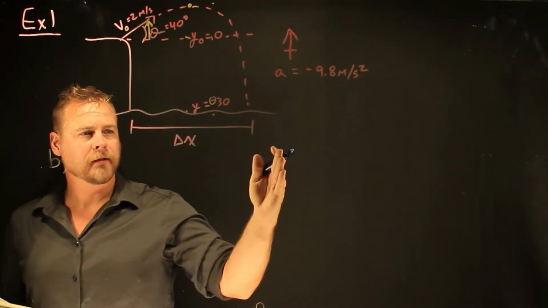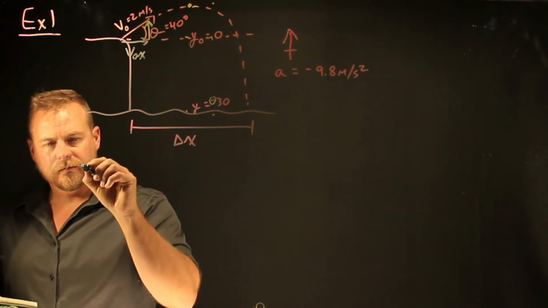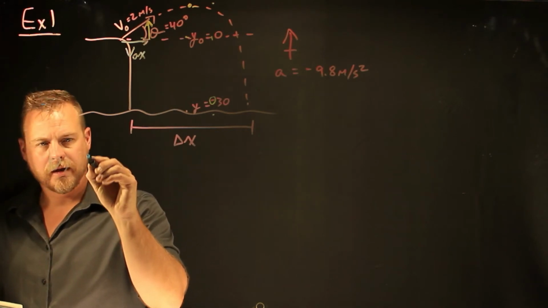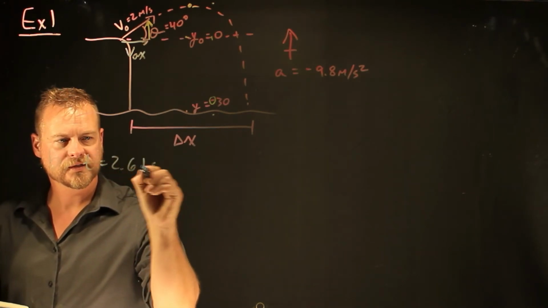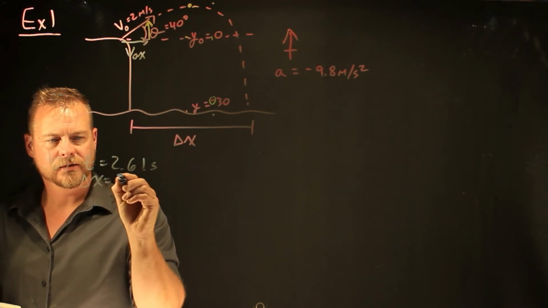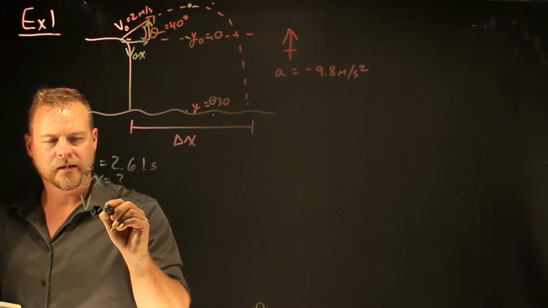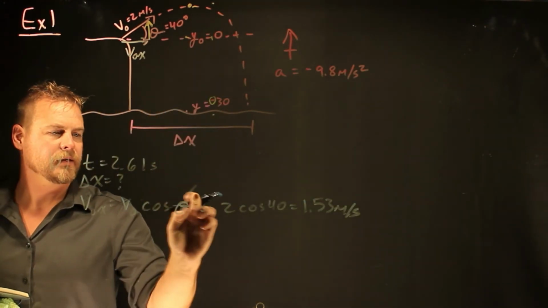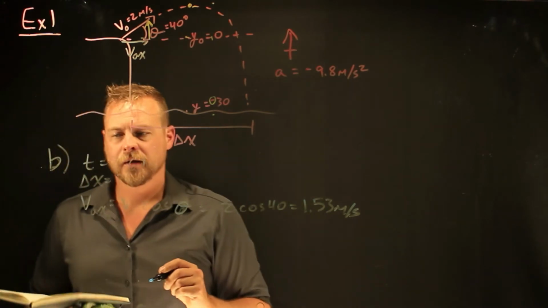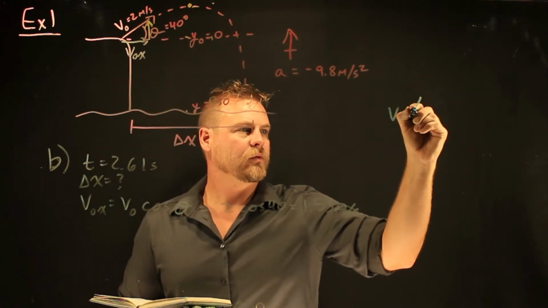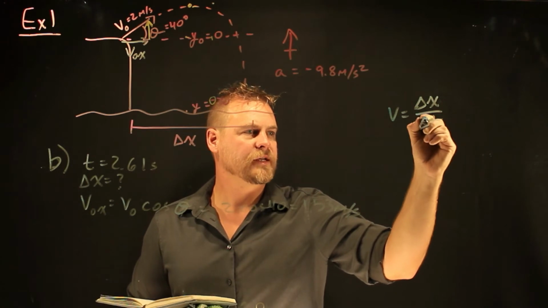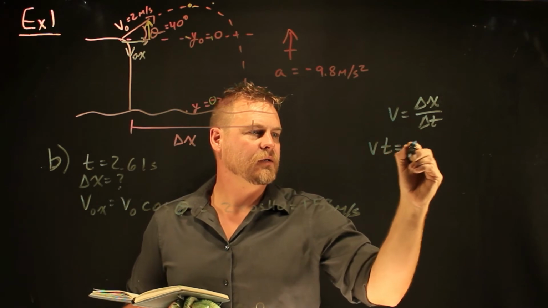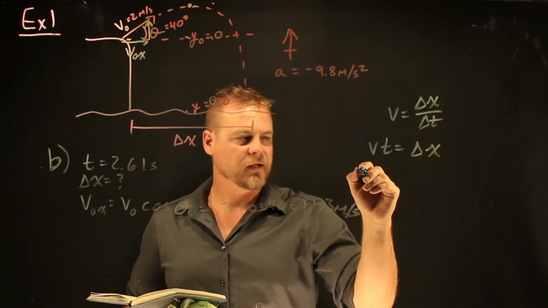What will happen to the diver in the horizontal? I am looking for the delta x and the v naught x, and I already know that my time is 2.61 seconds. Delta x is what I'm looking for, and the v naught x is the velocity that's going to carry me through. This math is a little bit nicer to us in the x dimension because I just have my v equals delta x over delta t, and I'm looking for delta x, and so I have vt is equal to delta x, and my velocity was 1.53